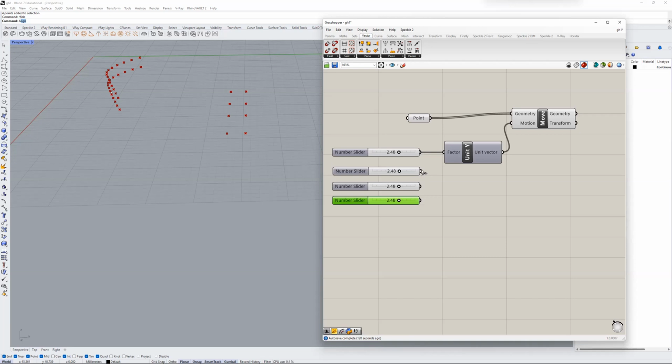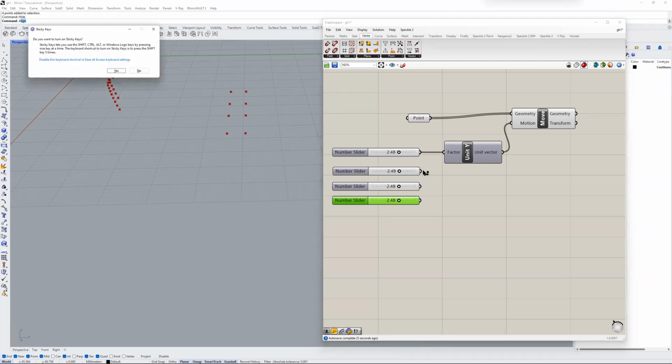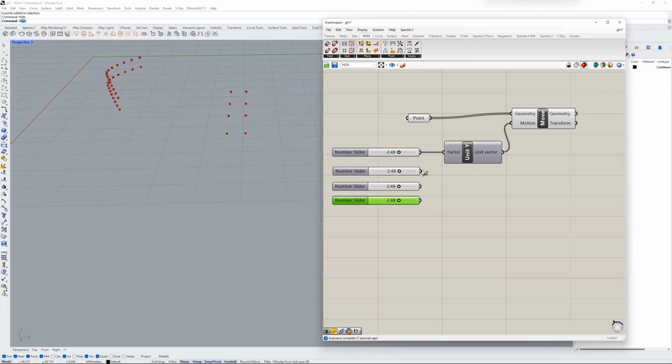and we can then connect each one of these to the factor here, and that would create a list of values. But if you were to just click this and drag it into the factor, it's going to disconnect the other one. And the same thing with this one. If you just click this, drag it into this one, it's going to disconnect everything that came before it. So what you need to do is hold Shift, and you'll see a little plus icon. It's really tiny. You might not be able to see it on my screen, but there's a plus icon, and you just hold that, and that will allow you to connect multiple outputs into one input. And if you now hover over this, you'll see this as 4 different locally